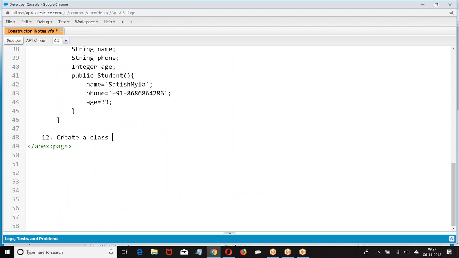Create a class. Everything should be within a class. In Salesforce, everything should be within the class. We cannot write anything outside the class.